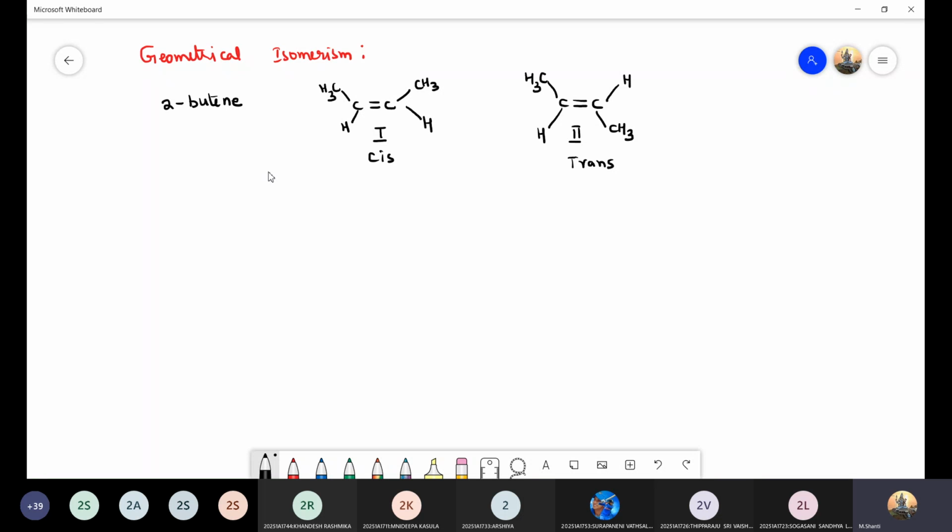So this isomerism is again a spatial orientation of the groups associated with the double bond, which restricts the rotation around the double bond. So the double bond you cannot rotate. Therefore, this results in the formation of only cis and trans isomers. So these are called geometrical isomers, and this is a type of diastereomers. Cis and trans are again one type of diastereomers.